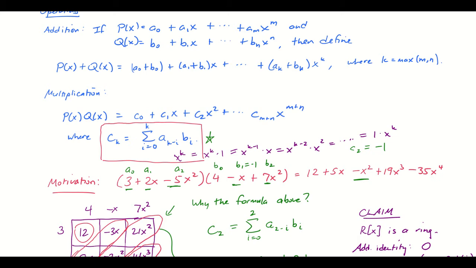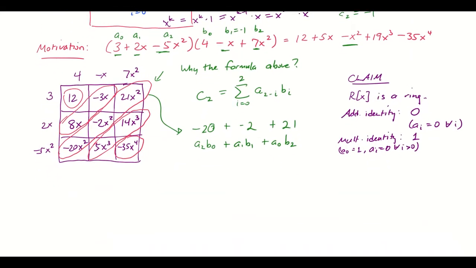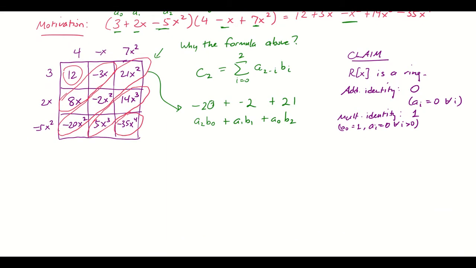Okay, so anyway, I'm not going to go through all those proofs that R bracket X has all the ring properties. Those are things that you can do on your own. For now, we're just going to assume that R bracket X has all those properties. But one more thing I want to define here, it's going to be useful for our analysis of this ring, is that if p of x is equal to a0 plus a1 x plus a2 x squared, up to a_m x to the m,